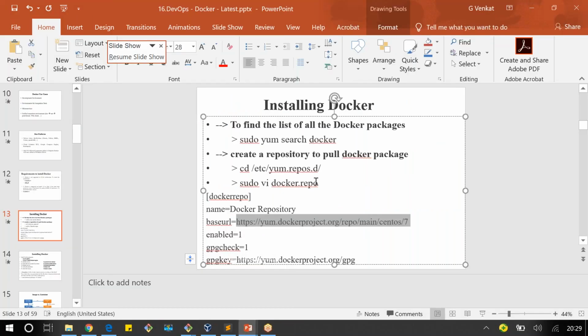So in this location, /etc/yum.repos.d, we are going to add this content. What does this content contain? It says where exactly the Docker related RPM files are located, that is the RPM files URL, and whether it is enabled, yes, and whether key checking is required, yes, and which key. So this is the key location. This entry is required to be added to a file having the extension .repo, and this file needs to be managed in /etc/yum.repos.d. So this is the content. Let me take this content,